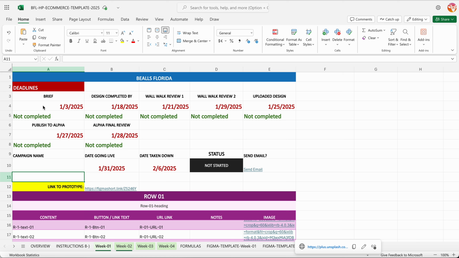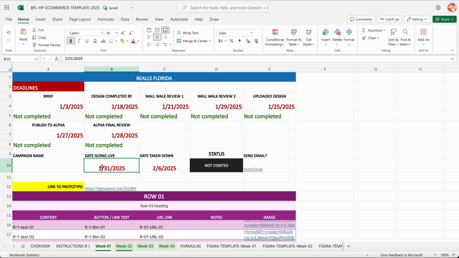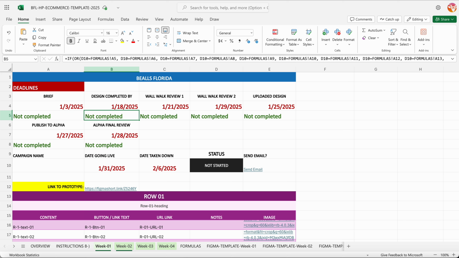So first of all, it has some numbers here. These numbers are taken in from the date going live. The date going live is what you need to change in order to let everyone else in the team know when you want this homepage to go live. Right now we have it set to the 31st, so we have 1/31. When it goes in, it's going to tell you what is not completed